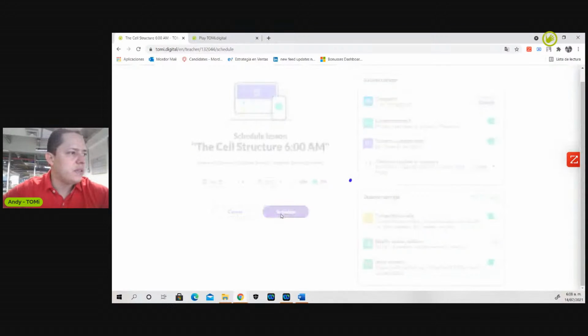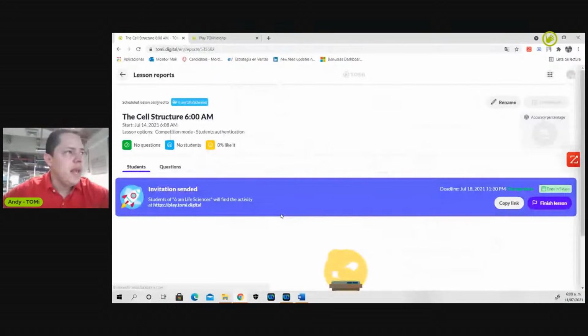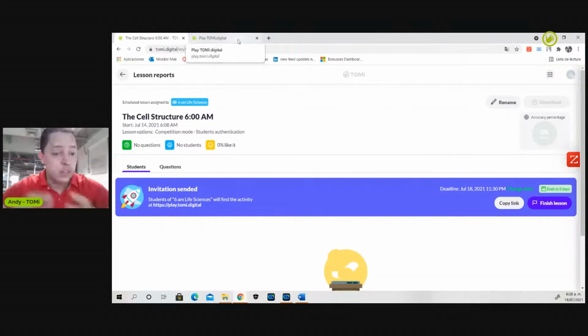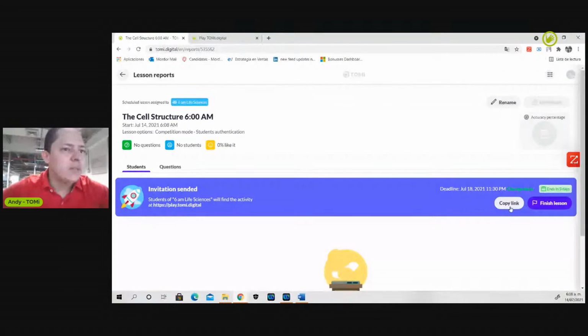Perfect. So I'm going to schedule the class, and this specific cell structure class from 6 a.m. in the morning is going to be available up until the 18th of July, 11:30 p.m. Perfect. So it's going to end in 5 days, and this is the point where I change my dress, and right now I'm going to be the student. So I'm going to copy the link,